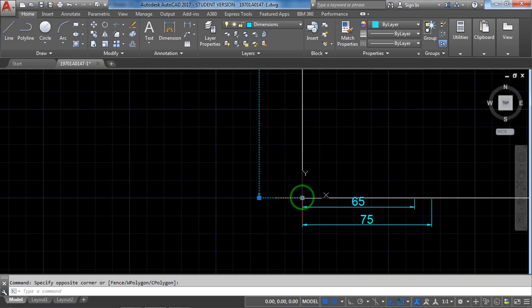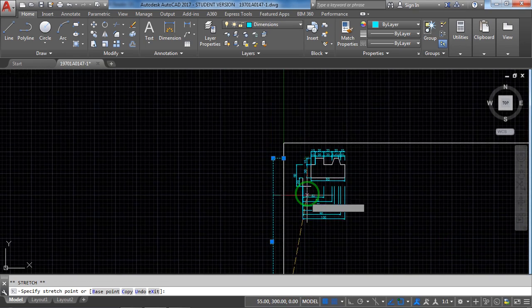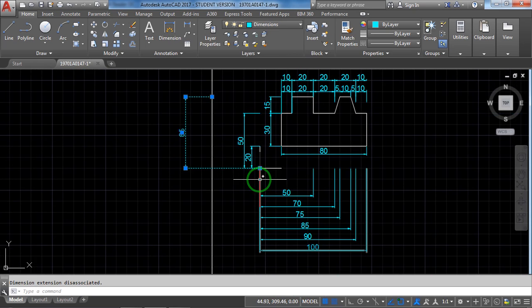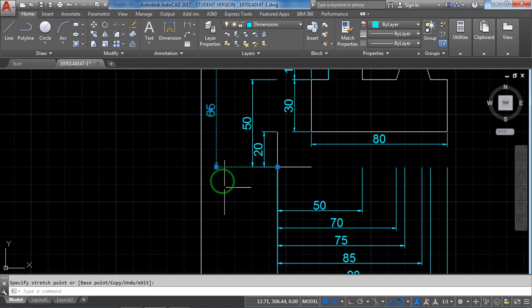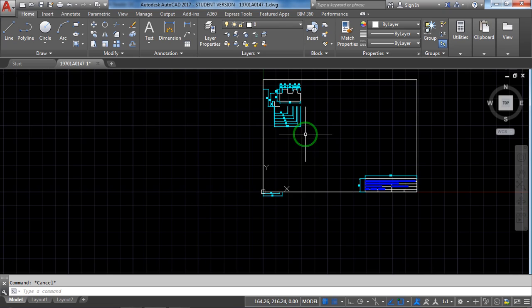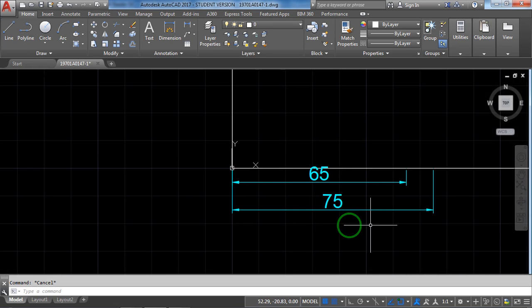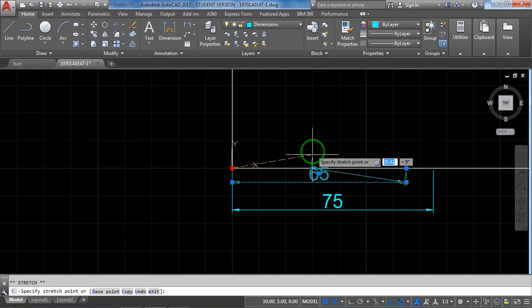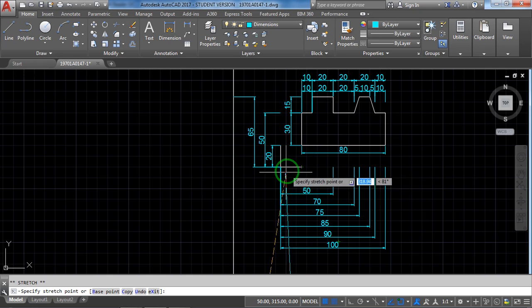See, dimension was selected with respect to origin. Now I just created a sample origin point here and I'm moving just two more things here. 65 and 75. 65.